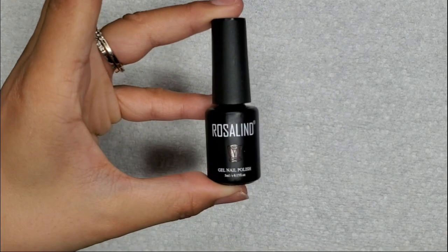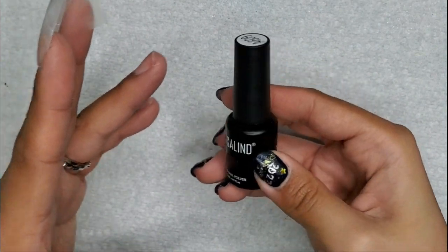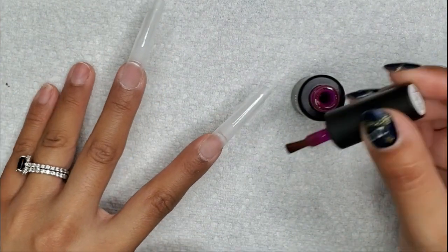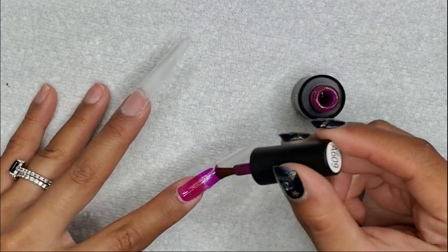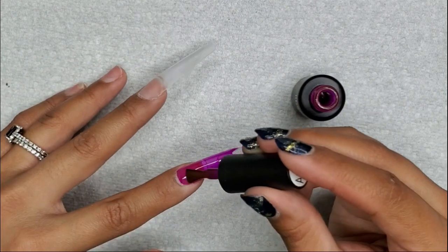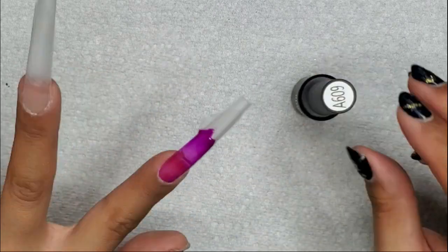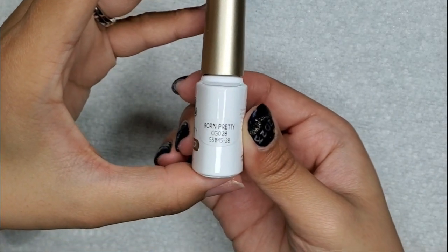To start, I'm going to be using this Rosalind gel polish A609, and I'm going to be applying 2 coats of this. While this clear tape is on there, I am free to apply the gel polish as I normally would, stopping before the clear tape ends. And once I finish covering the area that I want to polish, just going to remove the tape, clean up the lines, and give that a cure. For the other nail, I'm going to use Born Pretty's